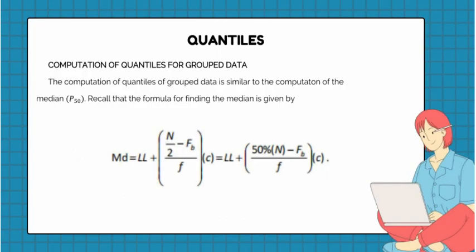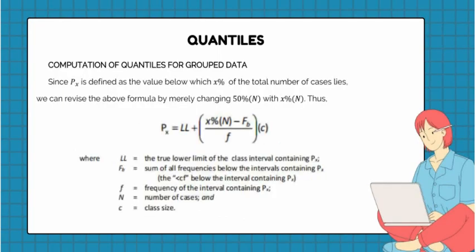So instead of having n divided by 2, which is our value here, we instead do 50% of n, meaning we are calculating for the 50th percentile. So that would be 50% of n minus f sub b divided by f times c. So in turn, we could find our percentile value, or the p sub x, which is just equal to LL plus the quantity of x% times n minus f sub b divided by f times c,